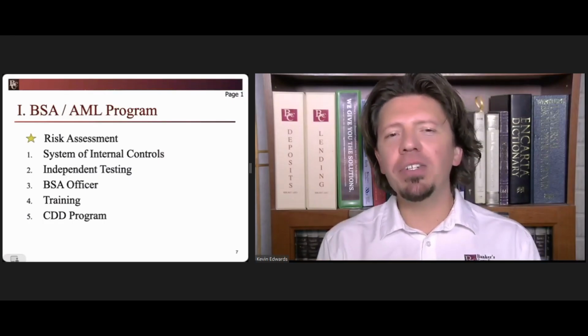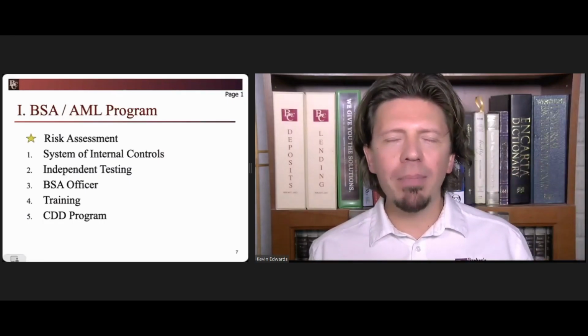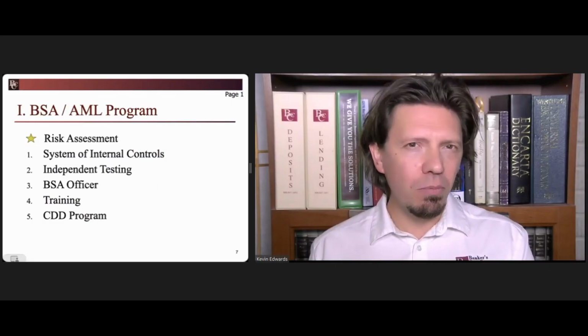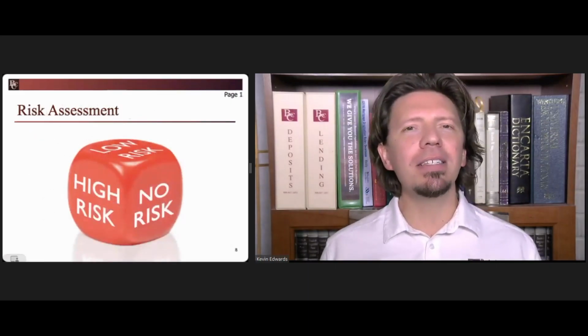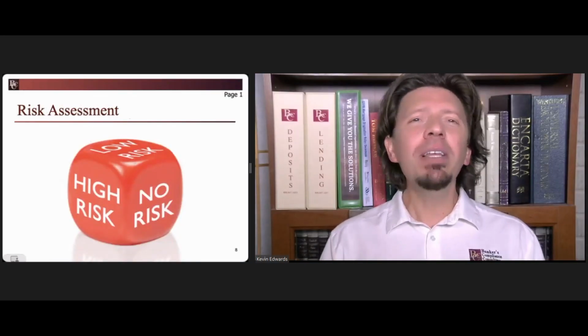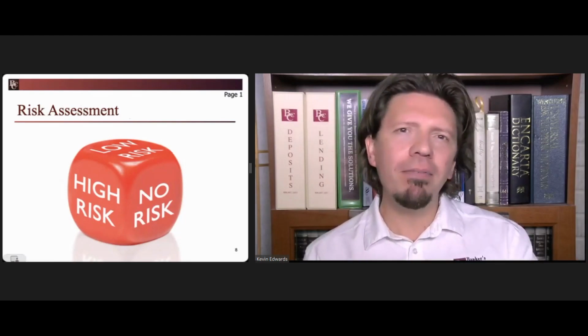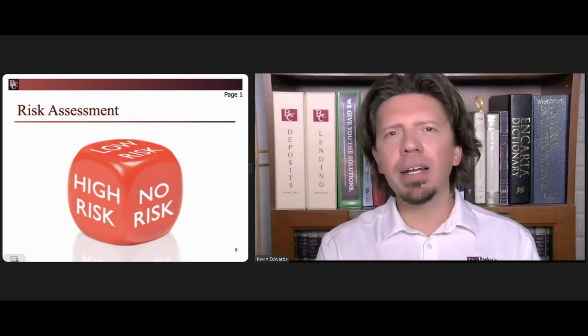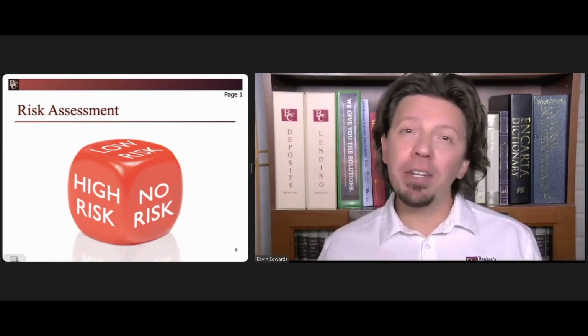So if you look on the page, you'll see there's 1 through 5, and we talk about the 5 pillars of a program, but there's a star next to the risk assessment. Okay. The risk assessment is a process that your management team and the financial institution has to go through. And really what they do is as a management team, they look at your unique financial institution. They look at your products and your services, where you're at on a map, what type of transactions you're engaged in,